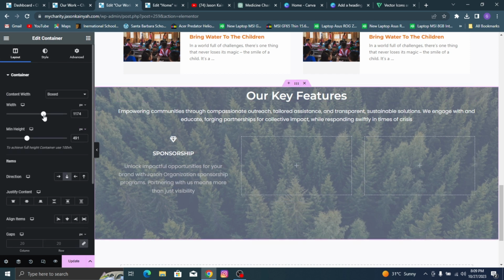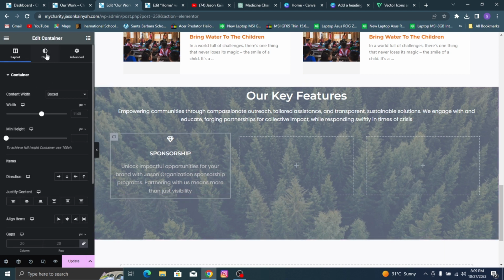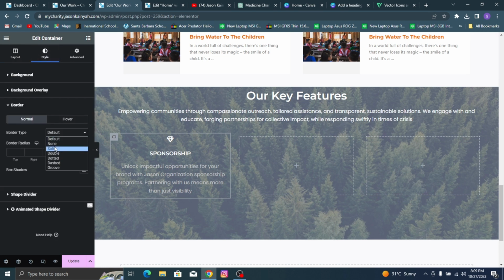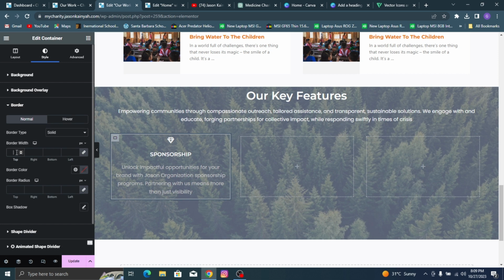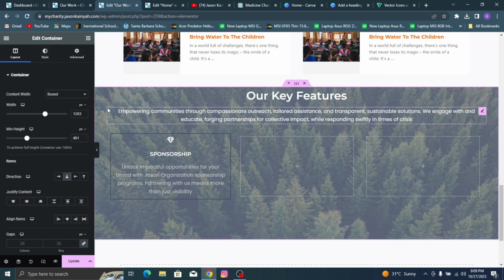So we'll increase the width of the main container first, and then I'll come back here. So now click on this container and then go to style and then go to border, and then make the border solid, and then give it a border width of 2 for all the sides. And then the border color,